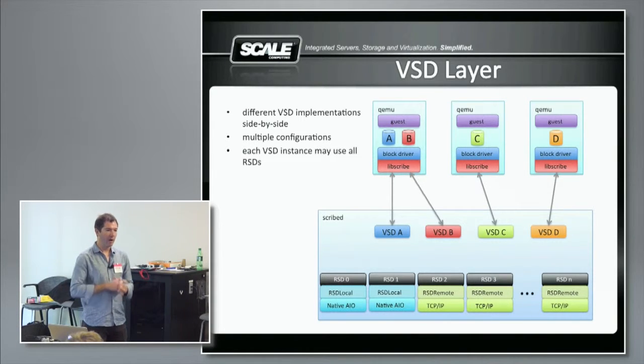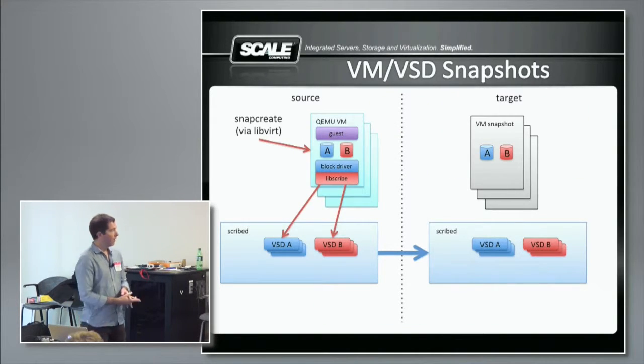It lets you set up multiple disks using whatever requirements you want. So that's really cool. You could even span it out to the cloud, like just have a VSD layer that goes to the cloud or whatever. So sort of getting back into the snapshots and the relationship between a VM snapshot and a VSD